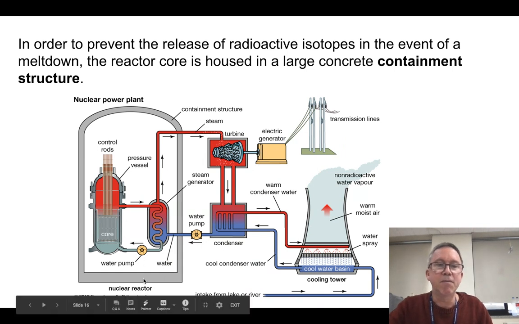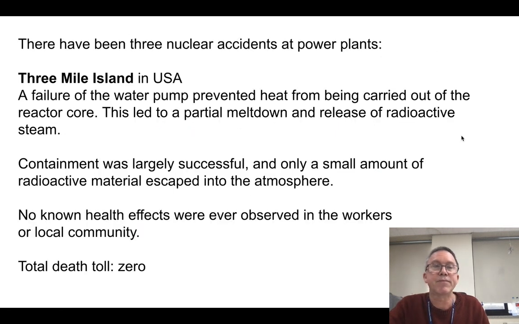This containment structure has a big, thick concrete floor. It is designed so if something goes wrong, and these fuel rods melt, they'll melt right through the bottom of this reactor core. They'll make a big white hot puddle on the floor for a little while, but they'll quickly go subcritical, and then it will release a bunch of steam, and that steam is going to be radioactive, and that's basically what happens in a meltdown. There have been 3 of them. Let's look at them in turn.